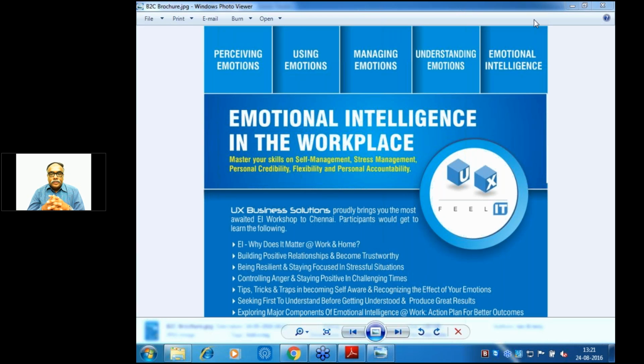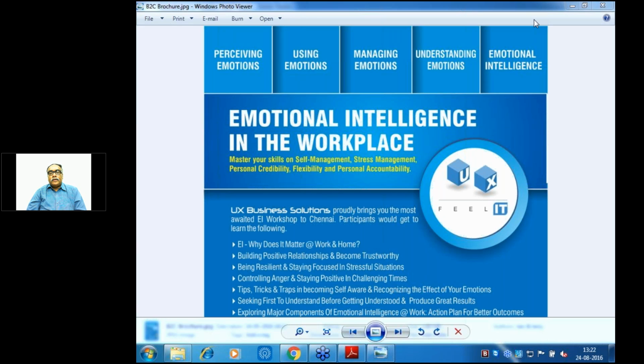Now I can bet the participants will agree. Emotional intelligence in the workplace enables us to build rapport, enables us to build relationships, enables people to become trustworthy and workable with each other, because all of us are supposed to work together. 1 plus 1 is greater than 2 is what they say, which means together everyone achieves more. So by emotionally being intelligent, we want all of you to be aware about how you can become someone better in displaying your emotions and also trying to do your work better and get your work done in a nicer way.